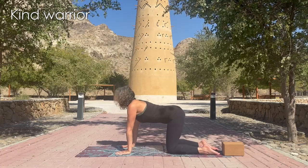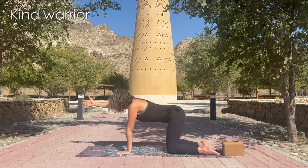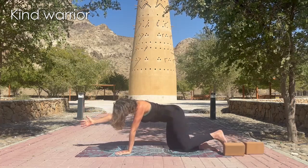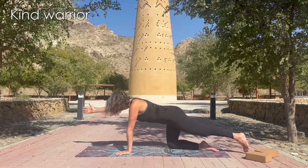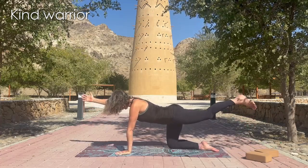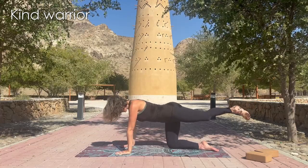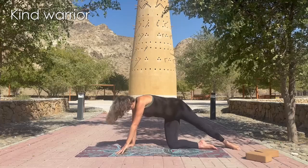We're going to pass through sunbird. Right hand ahead of us, like you're waving someone's hand. And then the left, I'm just going to kick my blocks that I had just in case. Kick the left, coming up just very quickly. Now we bring in the right hand on the floor, and we're going to bring the left leg to the floor,